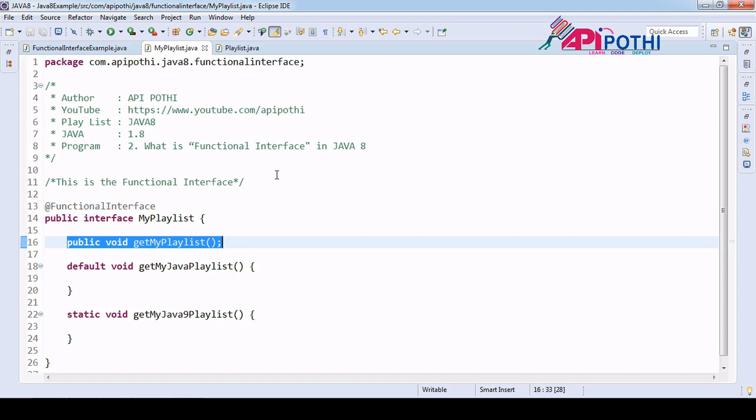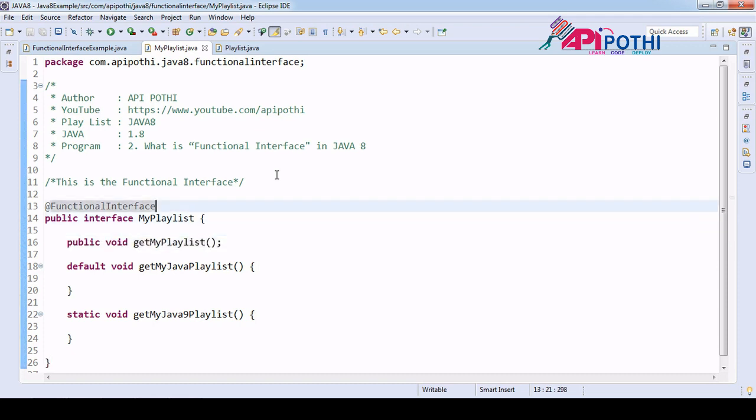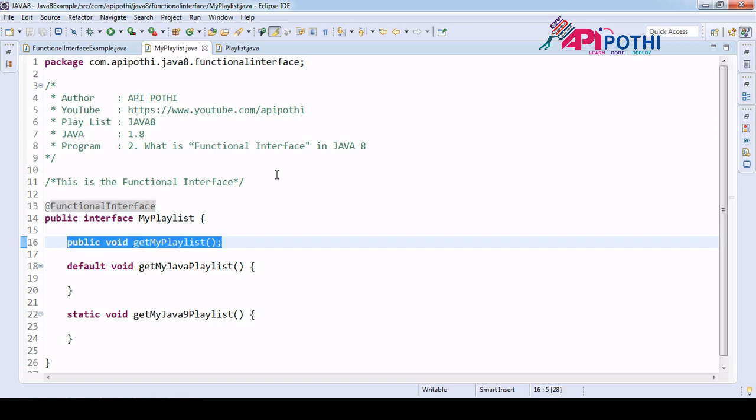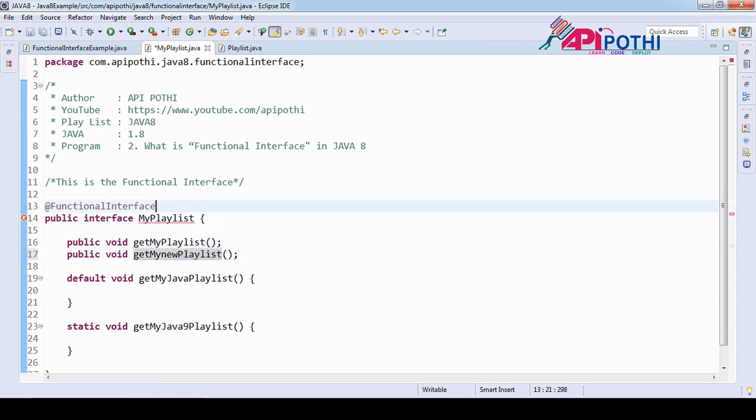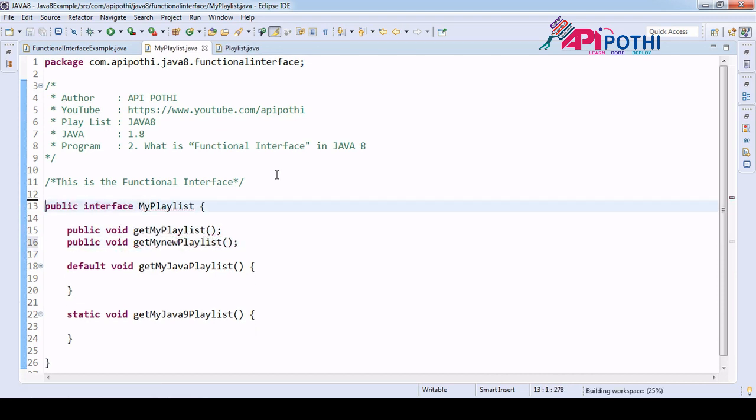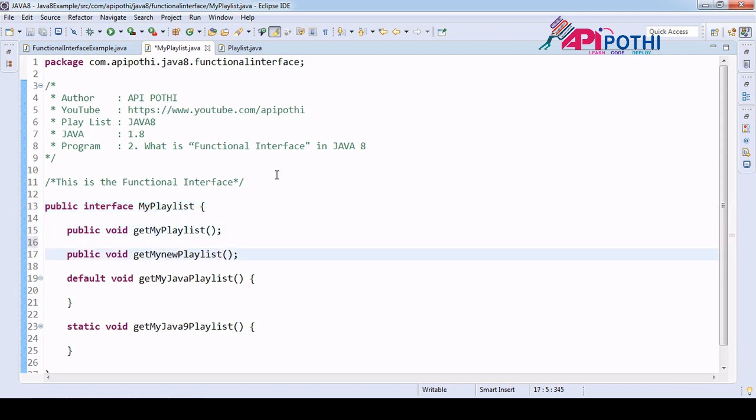Okay. After a while, some other developer came and is trying to add one more unimplemented method. Okay. So saying that my new method. Okay. For now I don't have the annotation. So as soon as he adds it, he won't get any compilation error here.